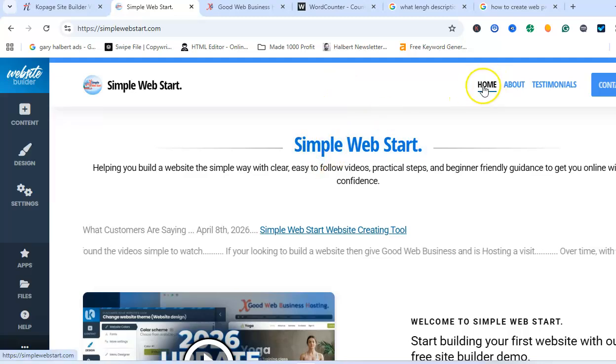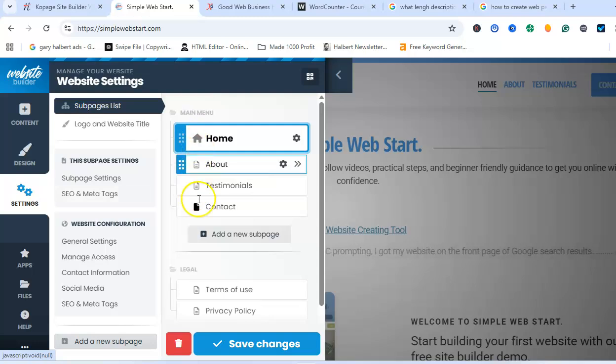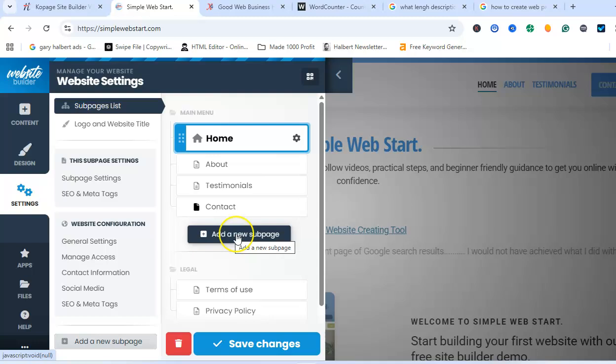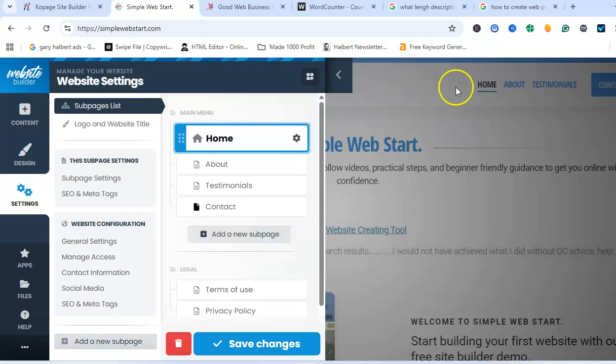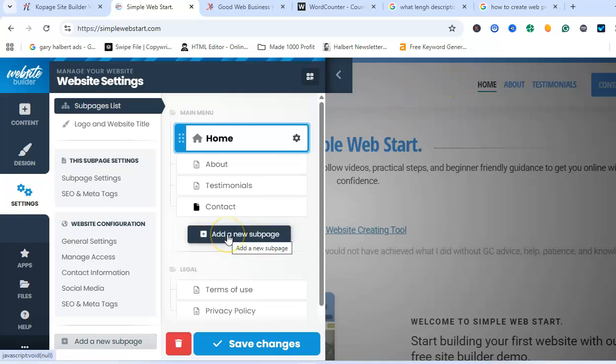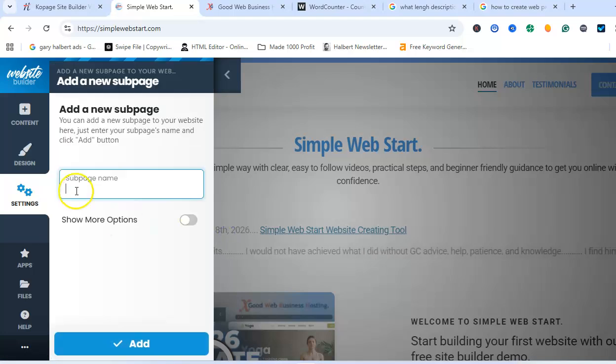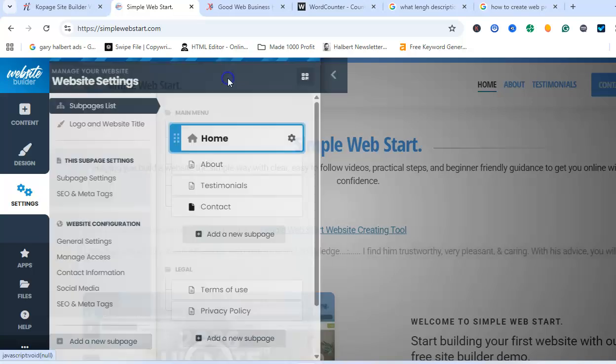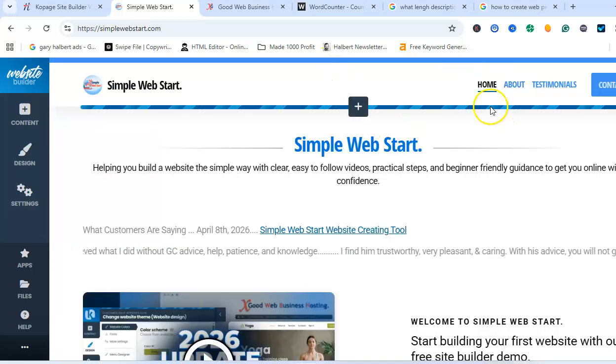As for setting another link up here, to do that, go to your settings, and this is the main one up here. If you want to add another page to go up here, all you do is click that, add your sub page, name it whatever you want, and then add it, and it will add it back up here. So that's just a quick run through